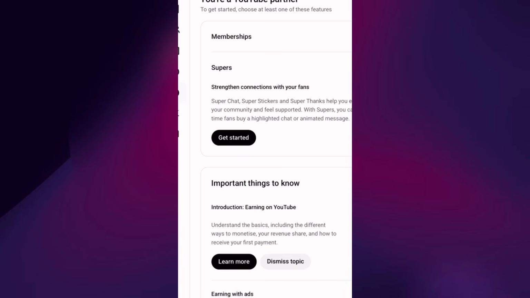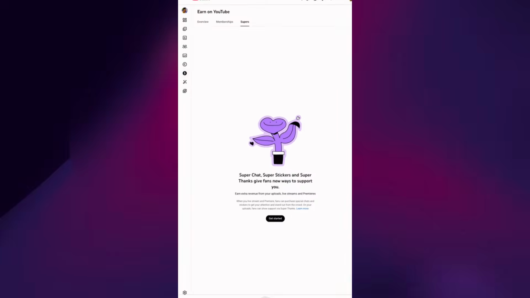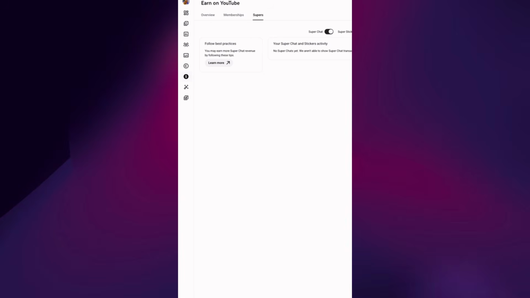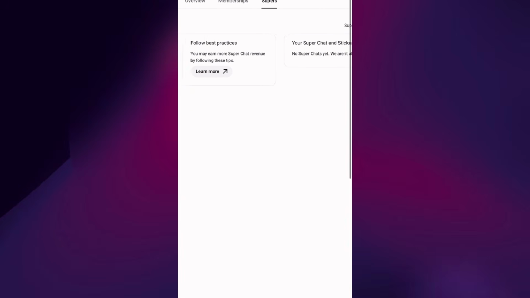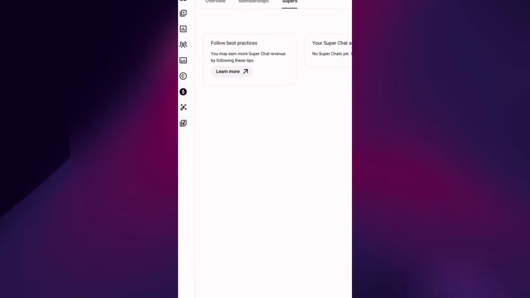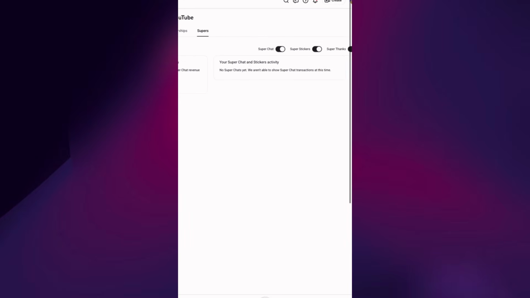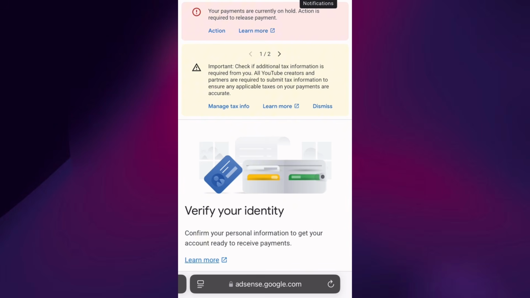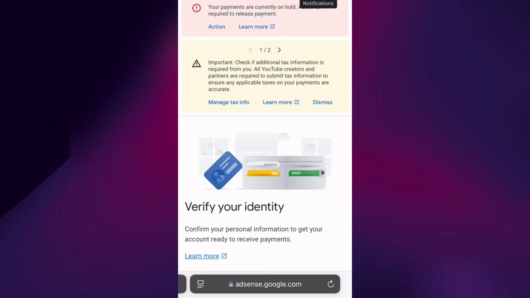And once you've done this, the next stage will be for you to make $10, okay, which is the $10 threshold. Now you need to actually earn $10 from your videos on your YouTube channel before you can add payment details and do your verification. Okay, so it's actually a stage by stage thing. Now, once you hit your $10 threshold, you need to come back to AdSense. Okay, you're going to log into AdSense, and then you're going to see something like this: verify your identity. Okay, so once you have $10, this is actually going to come up, and Google will send you an email to verify your identity.